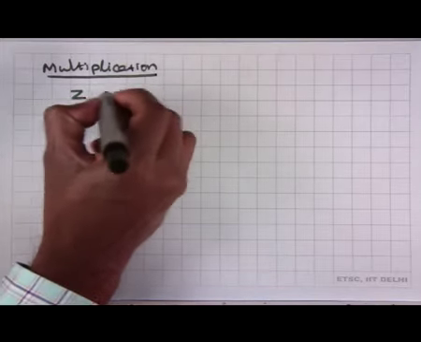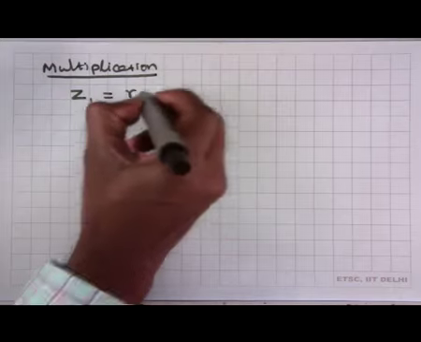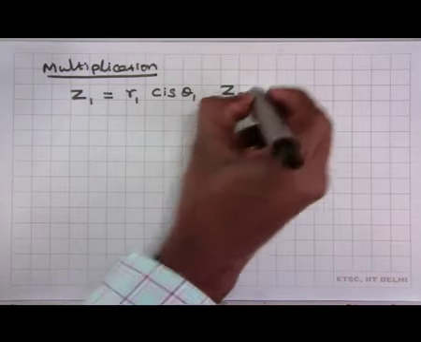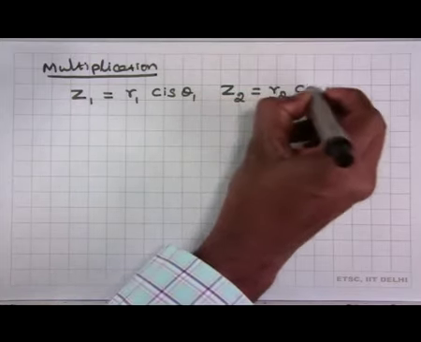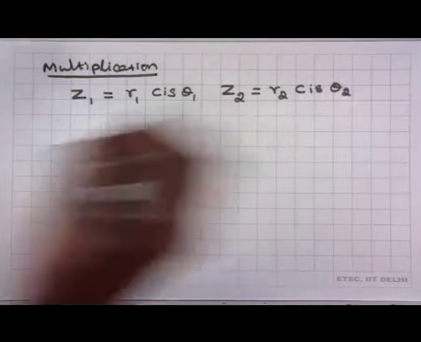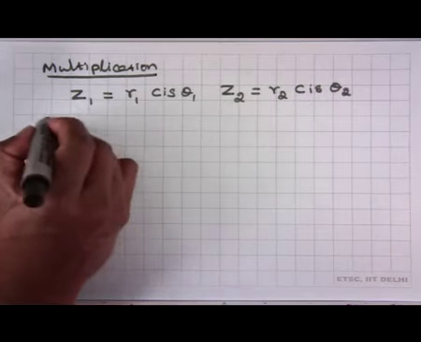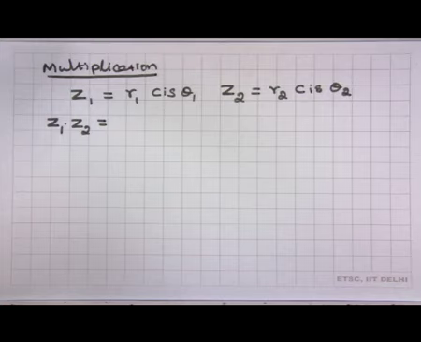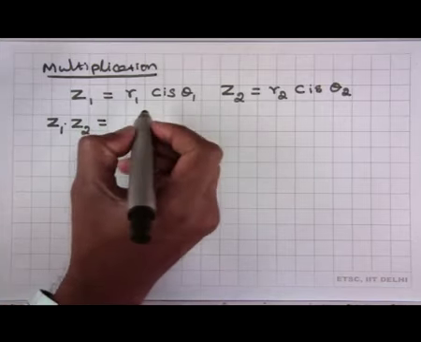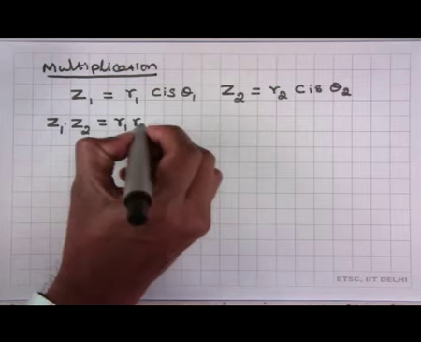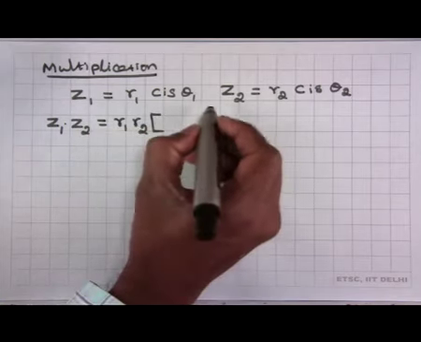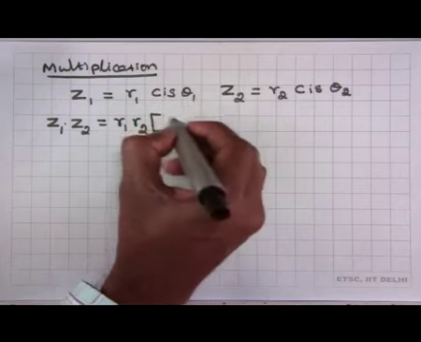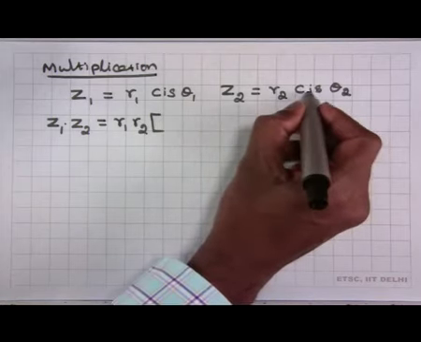Suppose we have two complex numbers z1, z2 with polar representation z1 = r1 cis theta 1 and z2 = r2 cis theta 2. Now, if we multiply these two just by the usual complex number multiplication, we can notice that this is r1 r2. Here we have cos theta 1 plus i sin theta 1, and similarly here the factor cos theta 2 plus i sin theta 2,